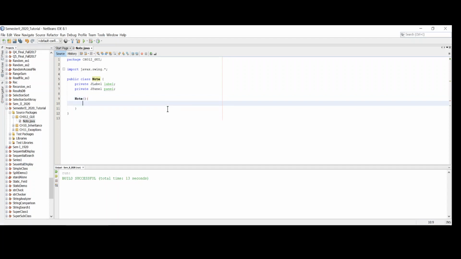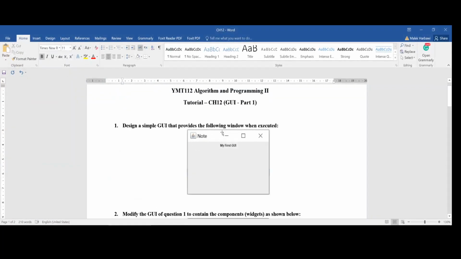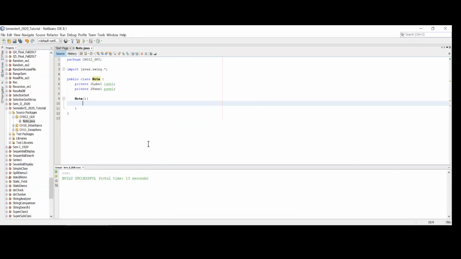And for this constructor, as you know, the constructor has the same name as the class. Then we need to instantiate the frame, the window that we are having here. We need to instantiate it. So how to instantiate it? We use JFrame. You should know about this class in particular. Please read about it from your slides. Okay, window equals new JFrame,